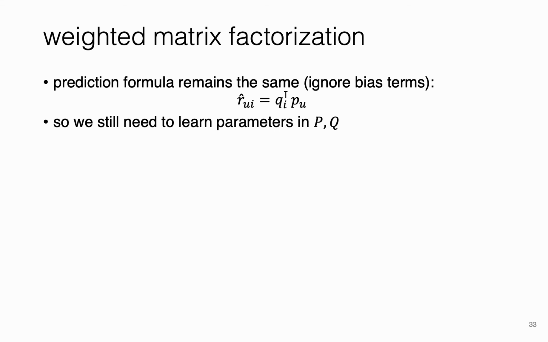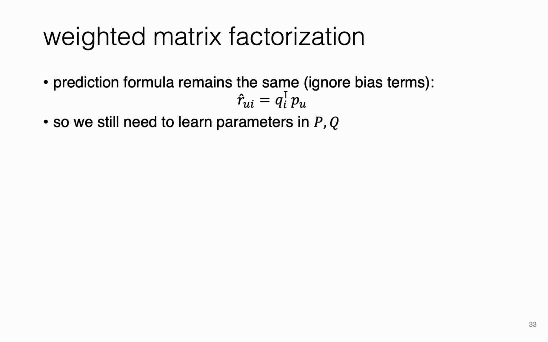Let's now see how weighted matrix factorization works. The important thing to notice is that the prediction formula remains the same as in the case of explicit feedback. Here we ignore the bias terms, or equivalently we roll them into the latent features. This means that the learning task still has to learn the same parameters in the matrices P and Q, which have the exact same function. What differs